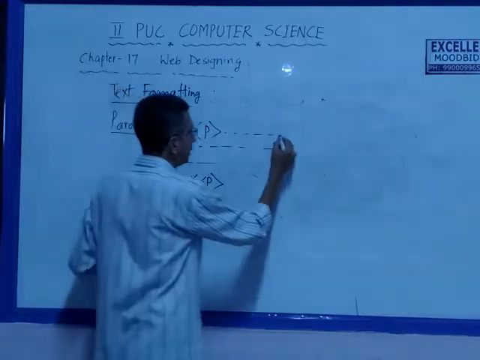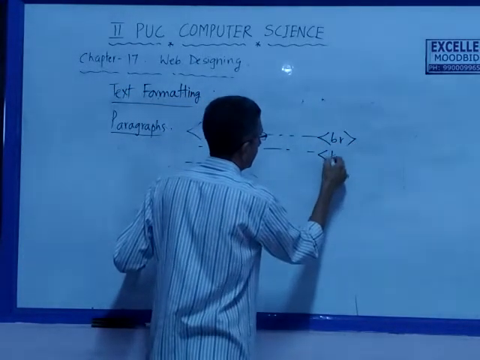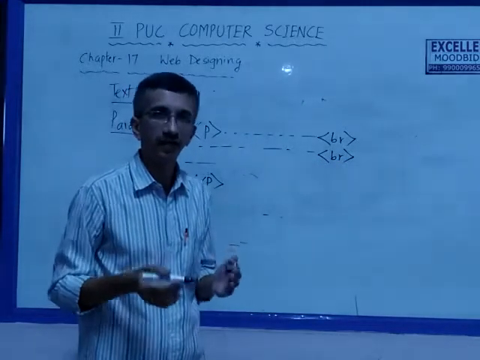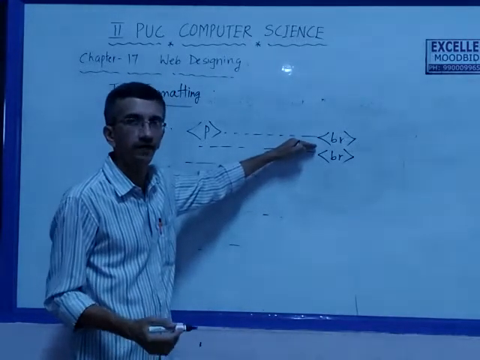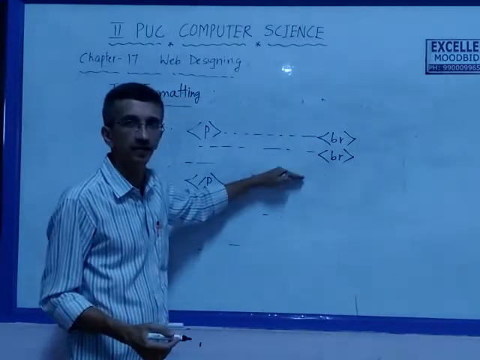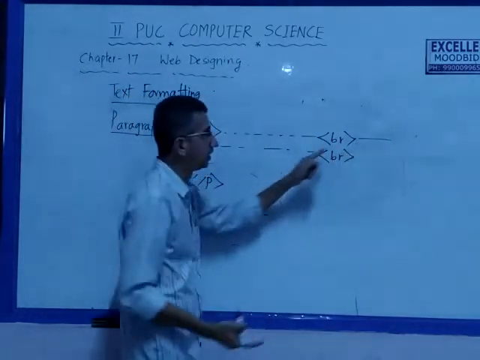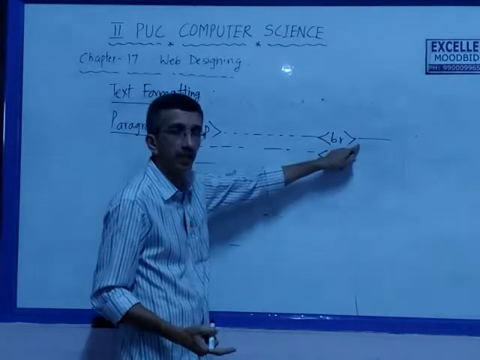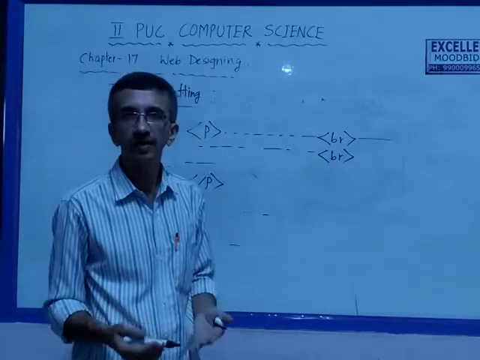So text can be written. Wherever we want to have a line break, automatic setting for the line break will be there in the browser, but still the break tag can be included anywhere you want to break a line and start with a new line. So content from here will start on a new line. Here is the last character; the next character will be displayed in the next line. So we can insert a break, BR tag, to include a line break anyway.